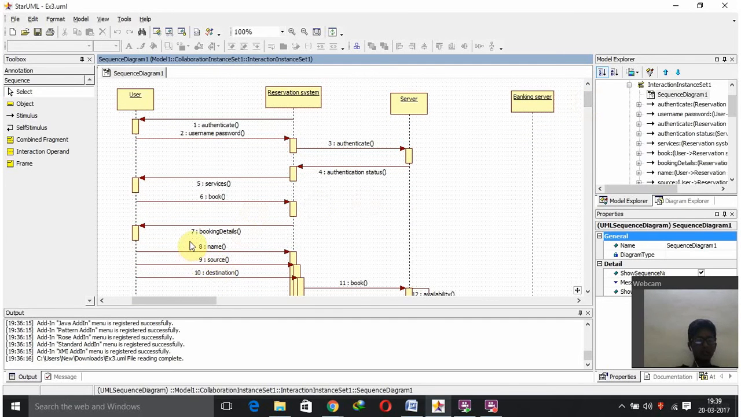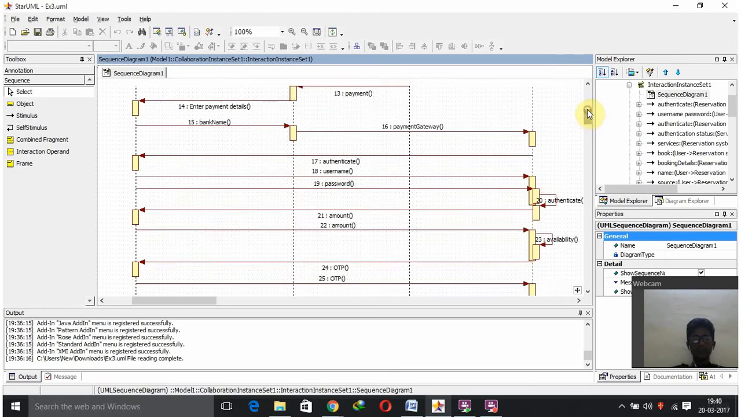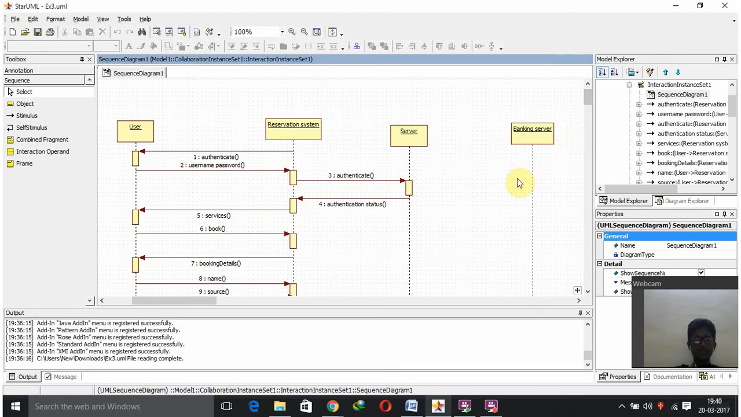It shows like this, and the user books the tickets, giving the details one by one: name, source and destination. It goes to the main server, which books the tickets and checks for availability. If it is available,